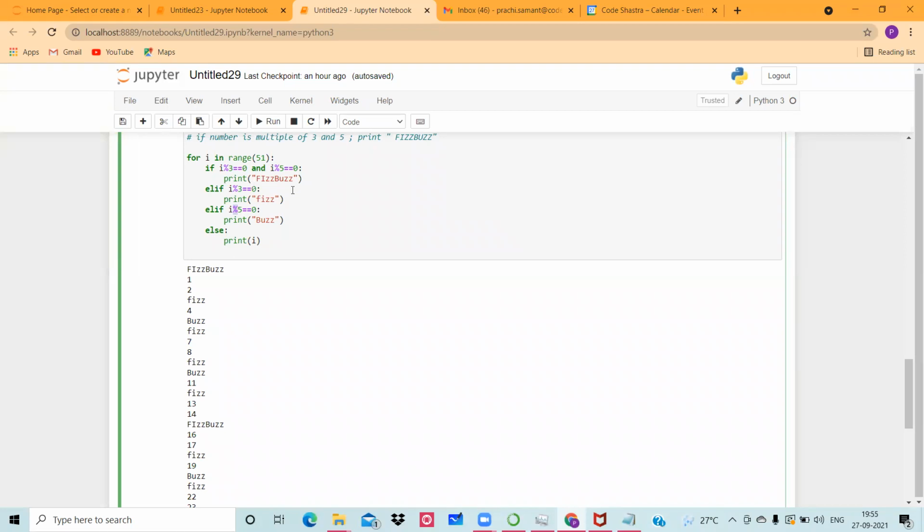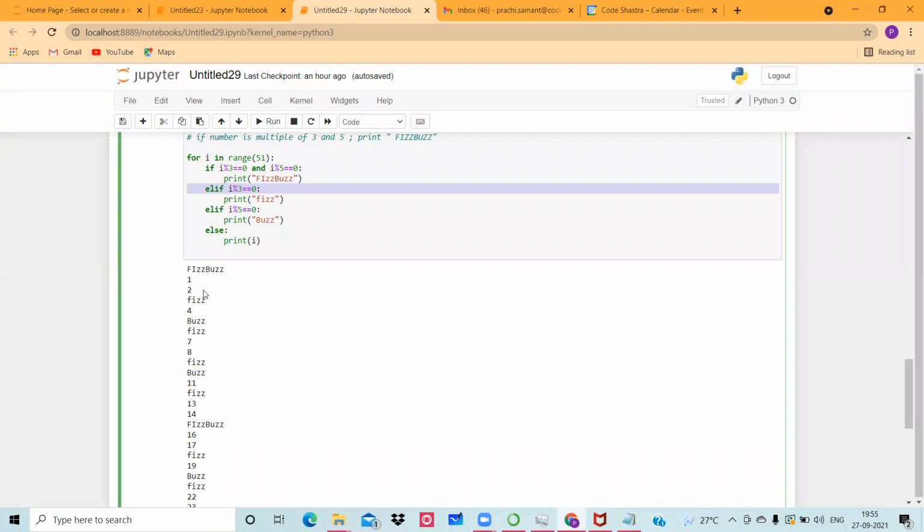That's why the hint was that the compound statement has to be written first, and then you check the individual ones. Because if you write the individual one first, if i mod 3 equals 0, then as soon as it reaches 15, that first condition will be true and it will print Fizz, and the expected output, FizzBuzz, will not be printed.